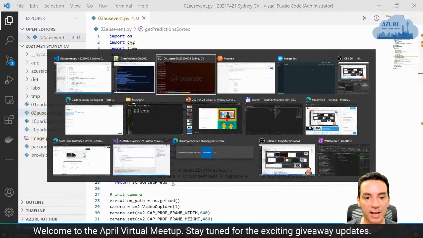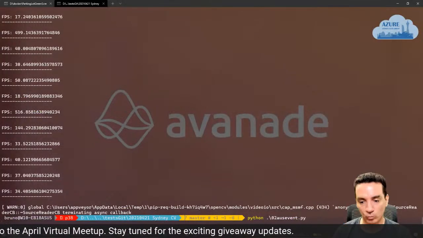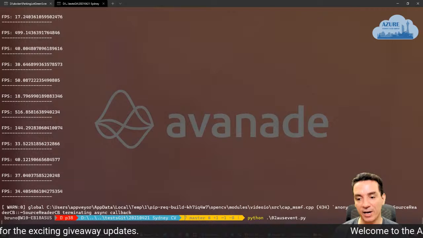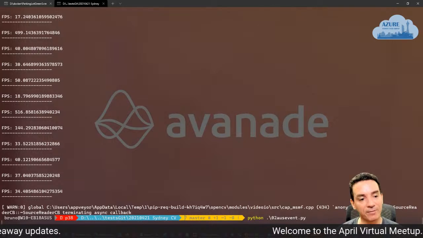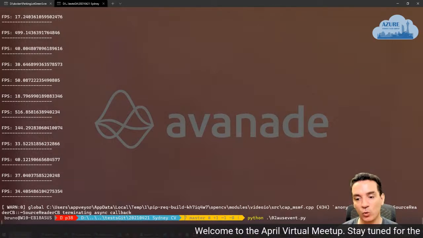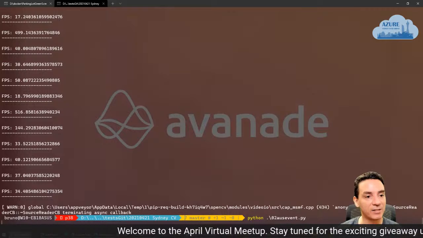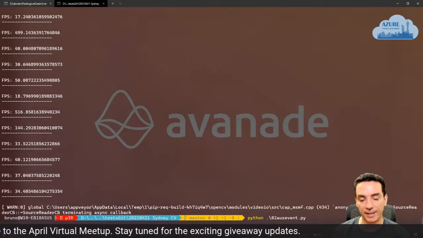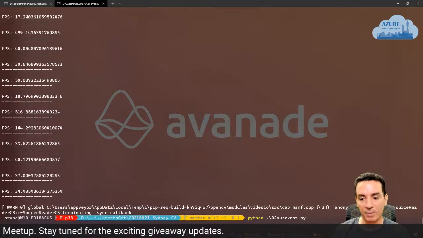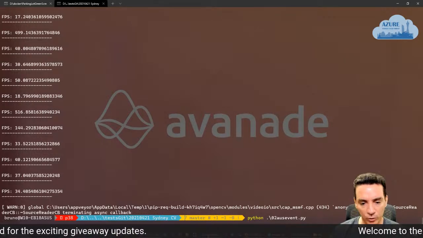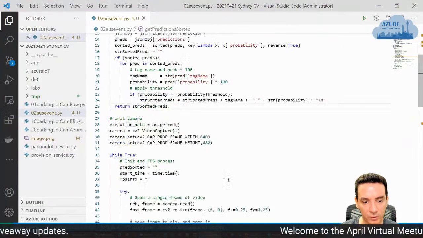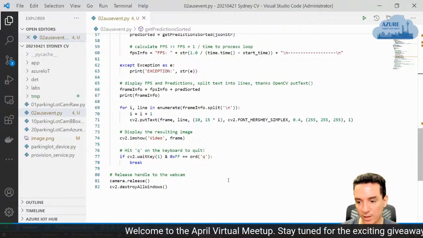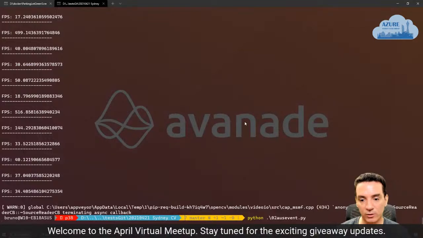So if I run this again, it takes some time to analyze, to connect to the camera and to analyze. I can have the camera doing real-time analysis using my Docker file to see which spots are available in the parking lot. I don't know why it's taking so long to start. I should probably add some sleep here. Or no, it's just taking some time to start. So let's wait.